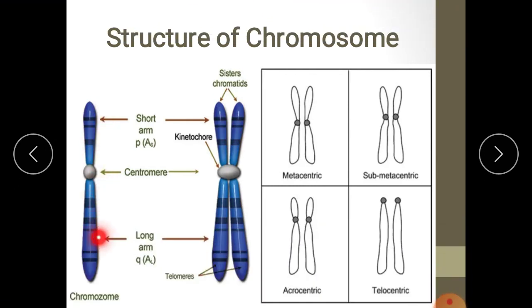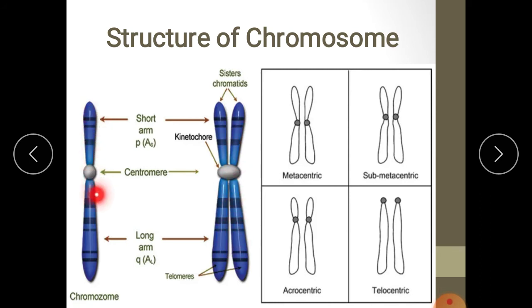One chromosome replicates during cell division to become two sister chromatids containing one chromosome. This is also a single chromosome, but it has two sister chromatids. Okay, so during the anaphase stage, these two get separated by splitting the centromere. So with the help of the centromere, these arms of sister chromatids are connected.